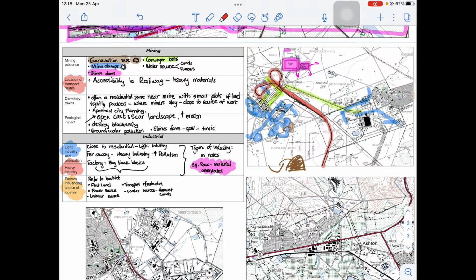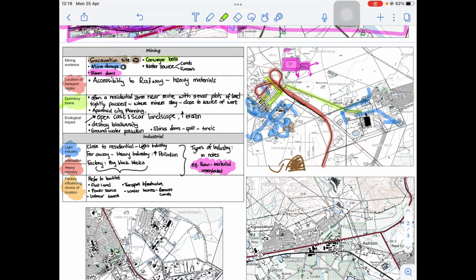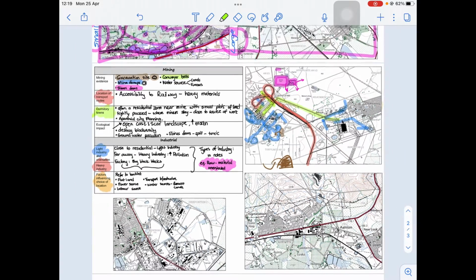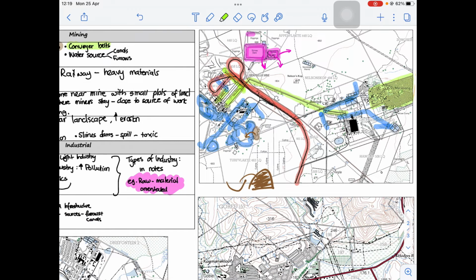Then our next thing that we often see in a South African context is our dormitory towns, because mining is not just a mechanical process. We use a lot of human labor in our actual mining process, and these dormitory towns are set up. Really, it's creating a residential suburb or area near the mine, because mines aren't going to be located necessarily where the best location is to settle. Okay, this is a lovely piece of land with a nice view and lots of water. They're going to be located wherever the mineral is, and often these places are in less desirable locations,